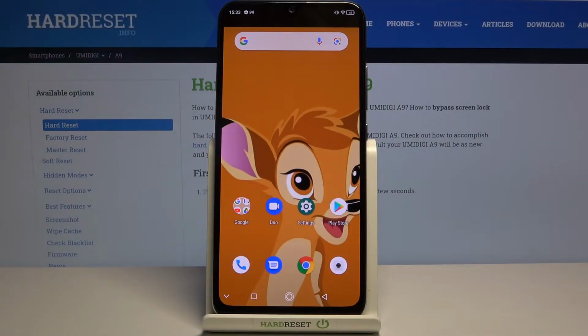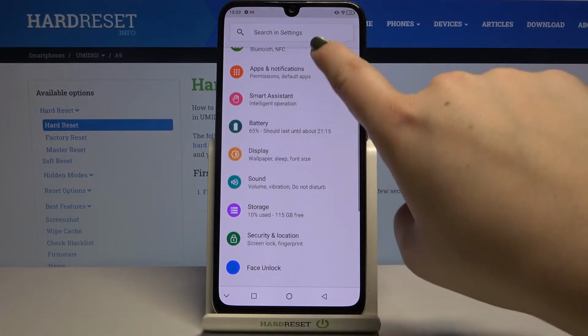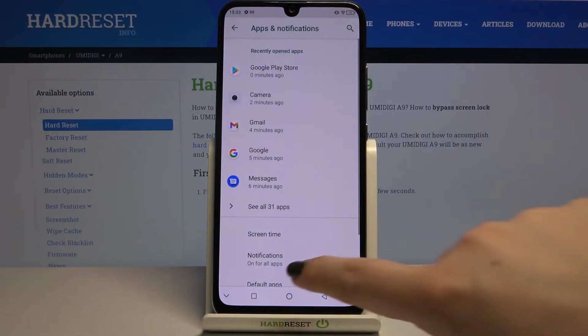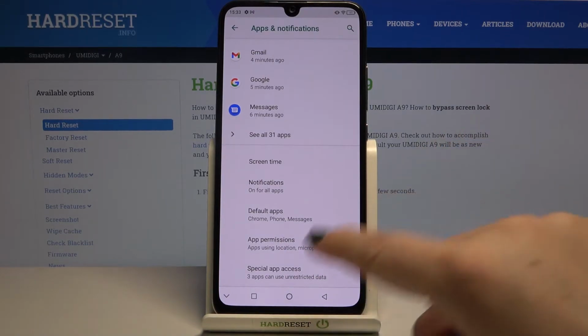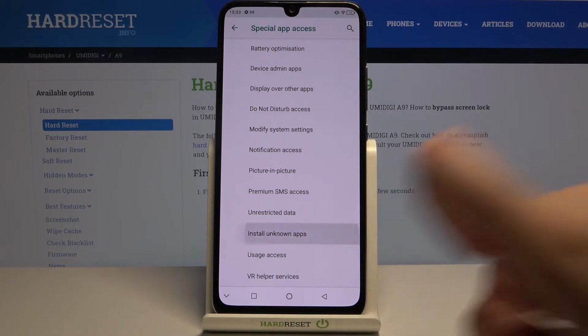Hi everyone, here we've got UMIDIGI A9 and let me share with you how to allow unknown sources on this device. So firstly we can enter the settings and now we have to find apps and notifications. Now let's scroll down and tap on Special App Access, and here we've got Install Unknown Apps, so let's